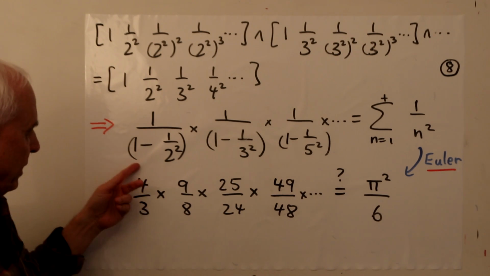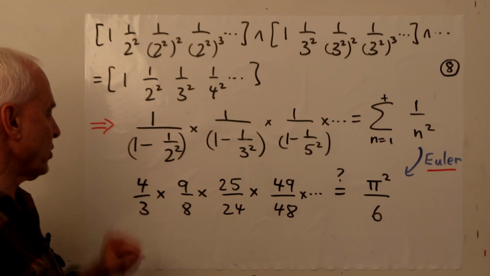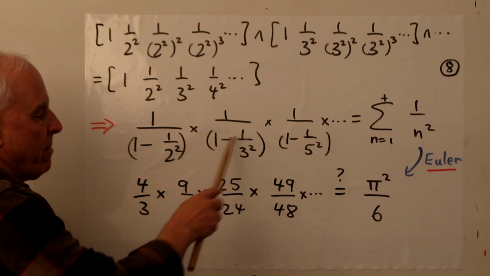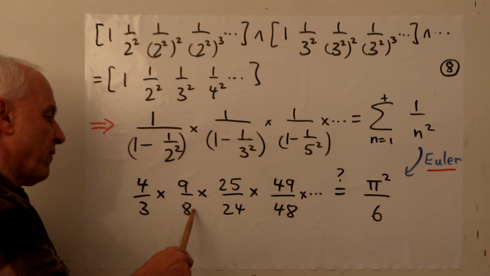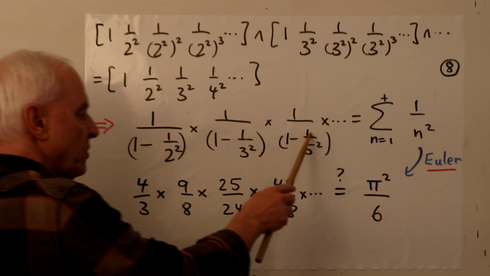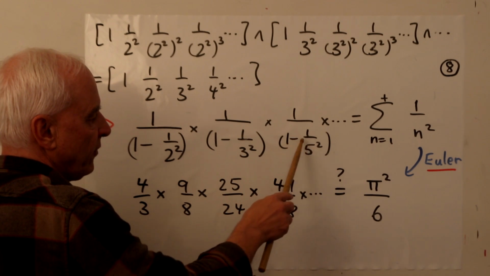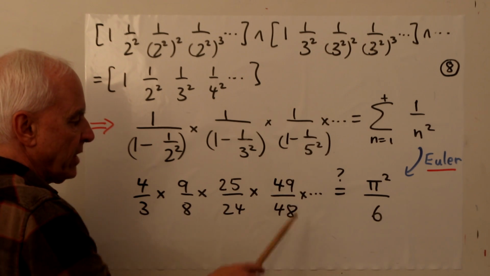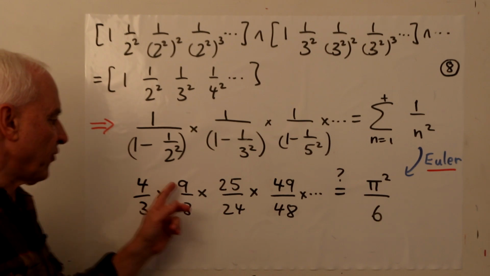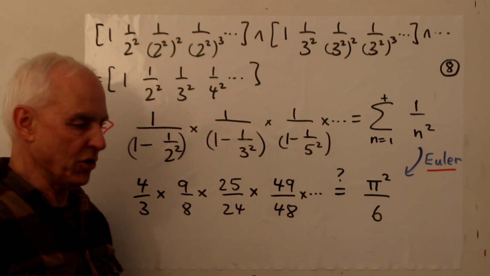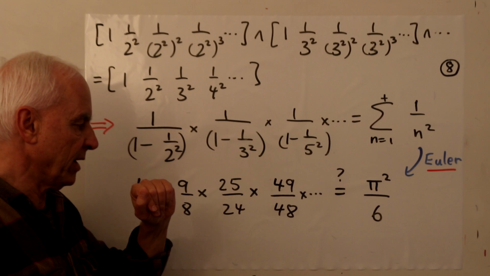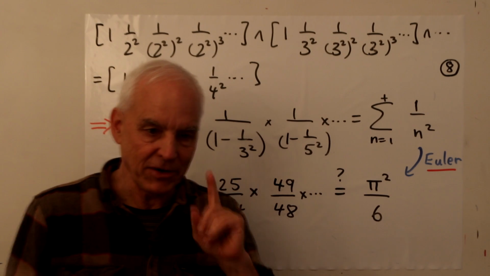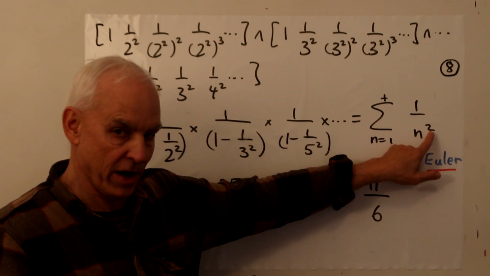So what does this look like in practice? Well, this is 3/4 over here. When we take the reciprocal, we get 4/3. Here we have 1 minus 1/9, so it's 8/9, reciprocal 9 over 8. Over here, 5 squared is 25, minus 1 is 24, so we get 25 over 24. The next one is 7, we get 49 over 48, and so on. So now we have the squares of the primes in the numerators and 1 less than each of those in the denominator. Now, the right-hand side, however, is very different from the previous one because there's a square there.